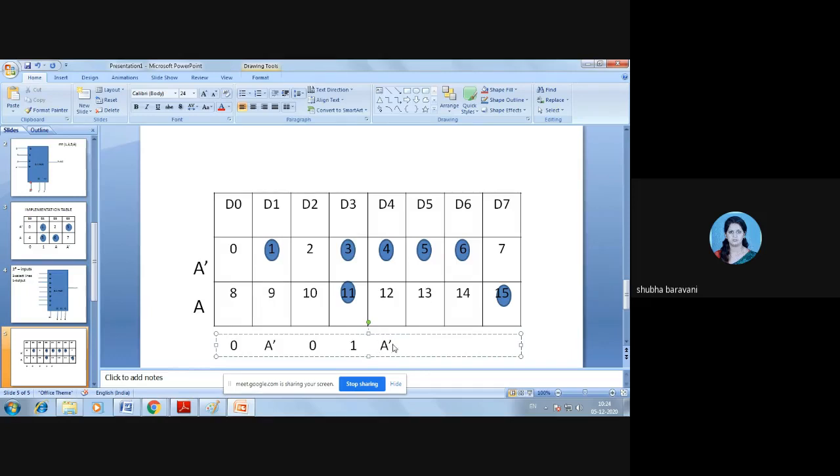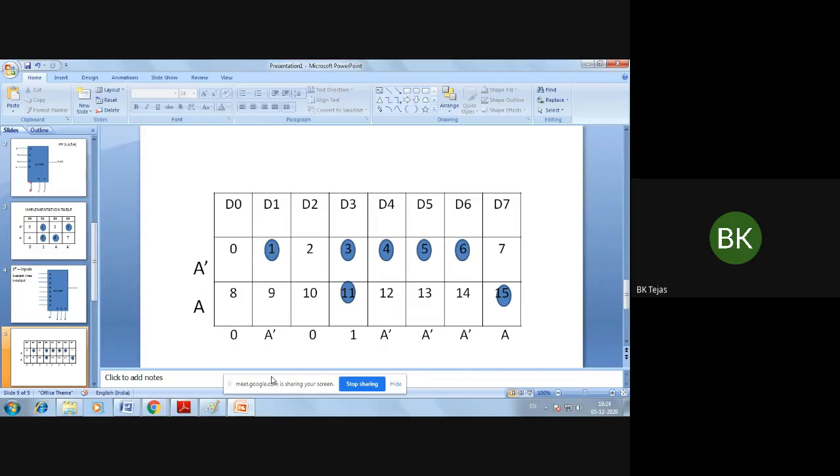In 5 and 13, 5 is circled, so again I'll write A bar for this column also. In 6 and 14, 6 is circled, so again A bar. However, in the last one only the second row is circled, so I have to write only A. This part is clear.